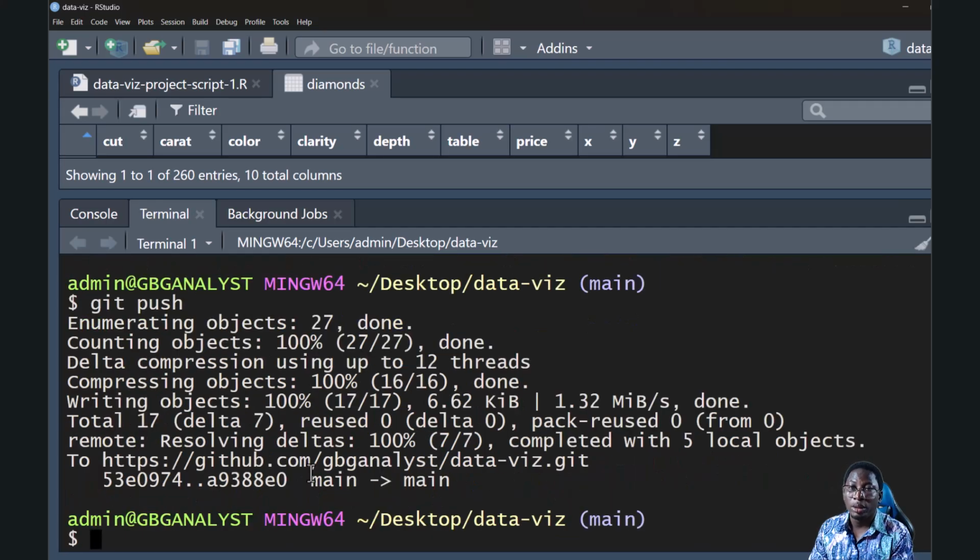Now it has pushed it to the GitHub repository. In your own case, what you can do is to create a new feature branch. In fact, before you work on any project, make sure you create a new feature branch, and you can easily do that by using git checkout